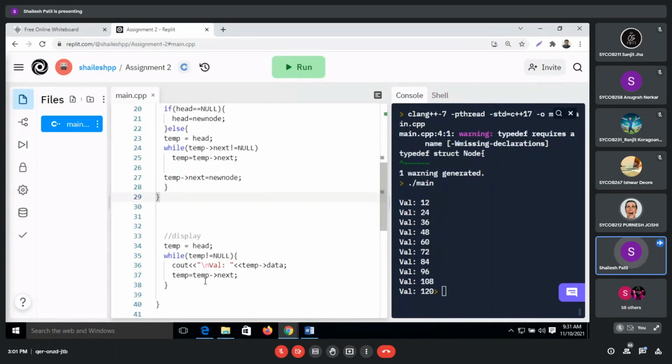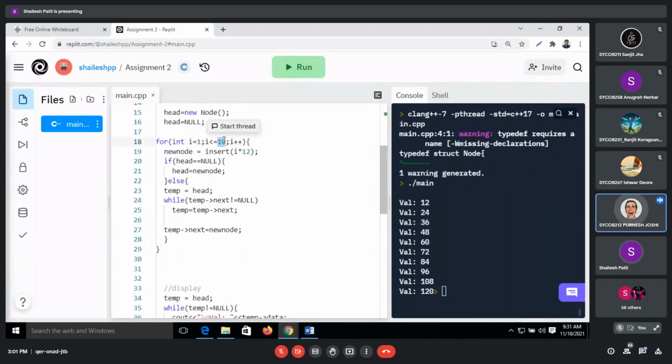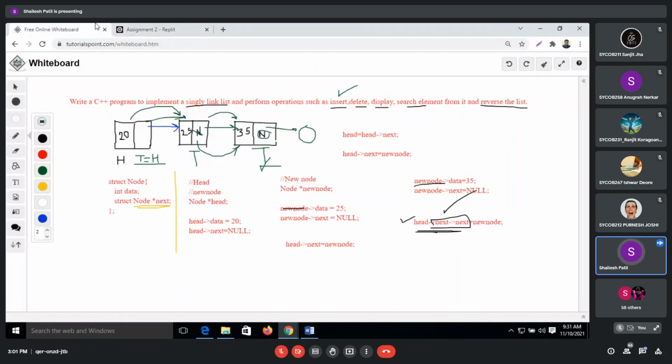So suppose, let me explain the else part. Here, suppose head is null, which means there is no element, because we assigned head to null initially. In that case we assign the new element to the head. Once the head is created, it will not be null now. So what will happen next? I have made temp point to head, so temp is over here.